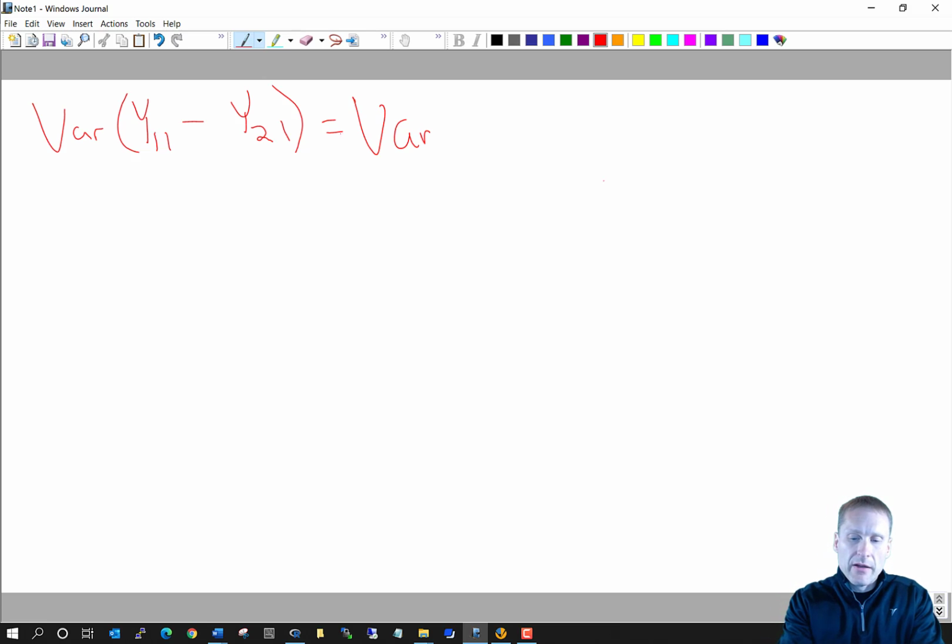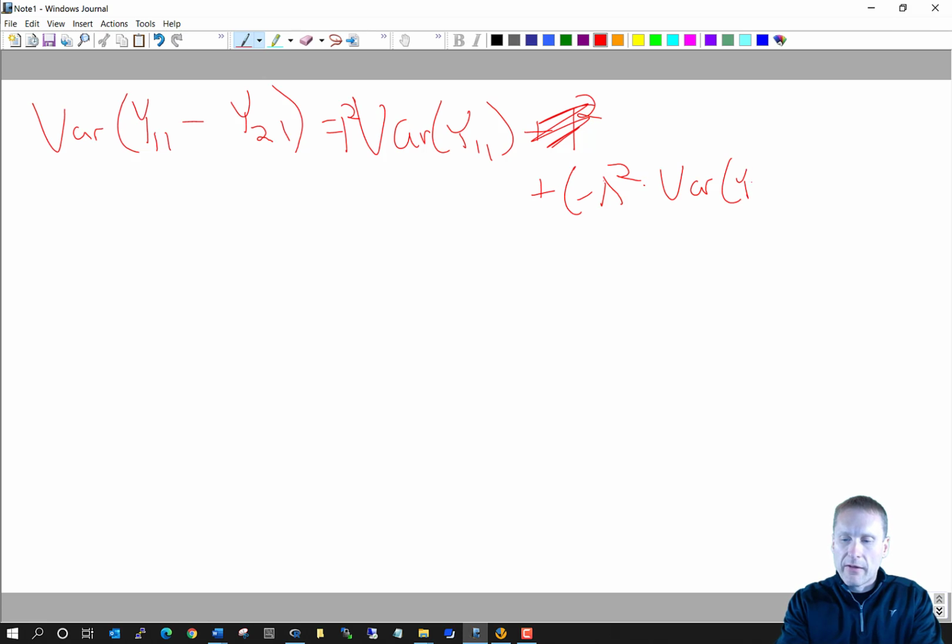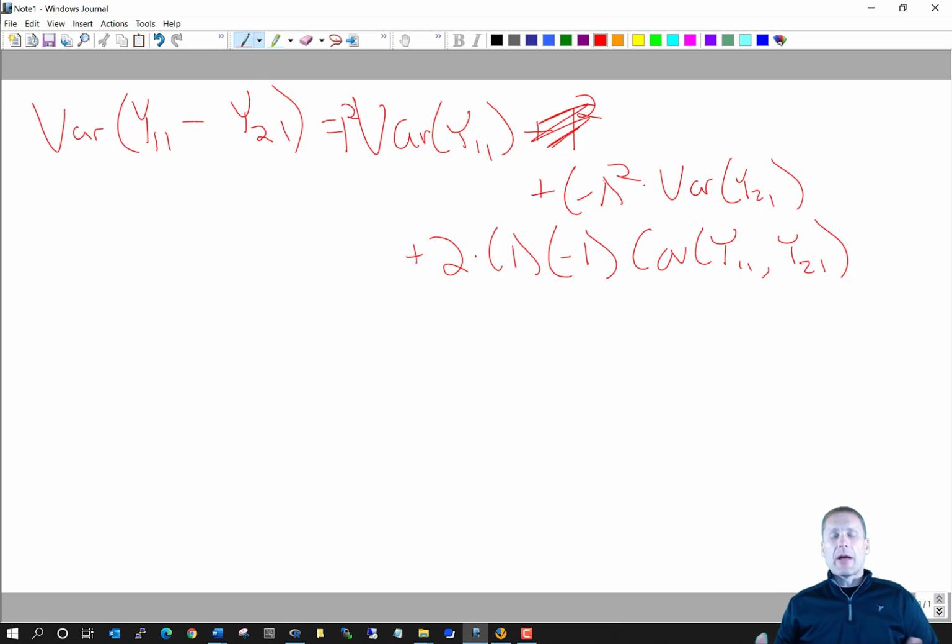This is going to be 1 squared times the variance of y1,1, plus negative 1 squared times the variance of y2,1, plus 2 times 1 times negative 1 times the covariance of y1,1 and y2,1. So, direct application of some stuff that we saw earlier in the course. So if I just simplify this a little bit,